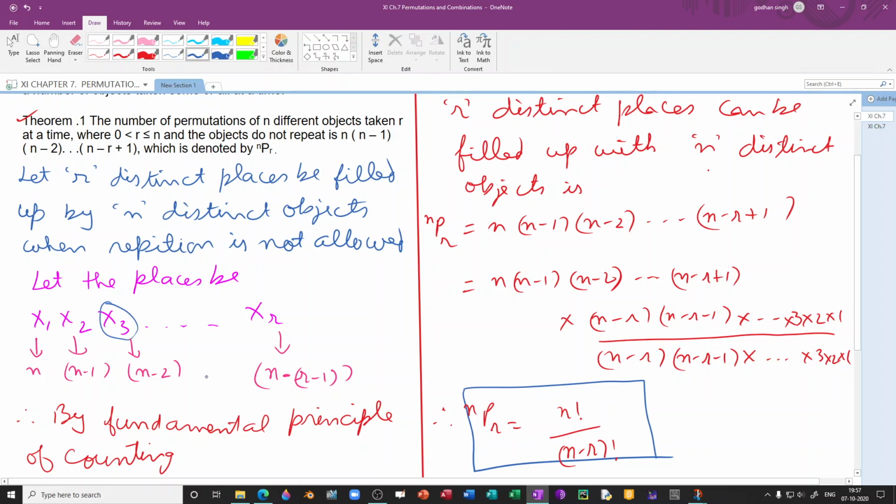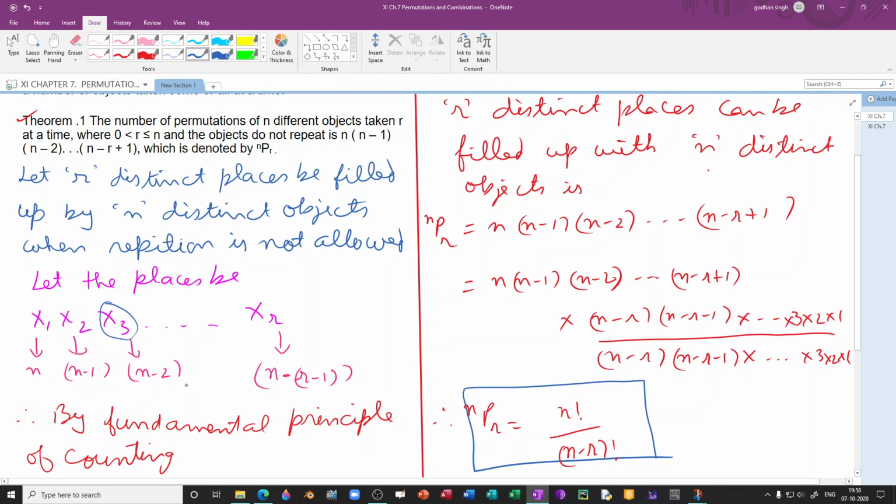So we know that if a work can be done in m ways, and there are sub parts in that, one part can be done in m ways, another part can be done in n ways, and so on, then the total number of ways in which the work can be done is multiplying all those possibilities. So here, by the fundamental principle of counting, the number of ways in which we can fill up the r distinct places by n distinct objects when repetition is not allowed,